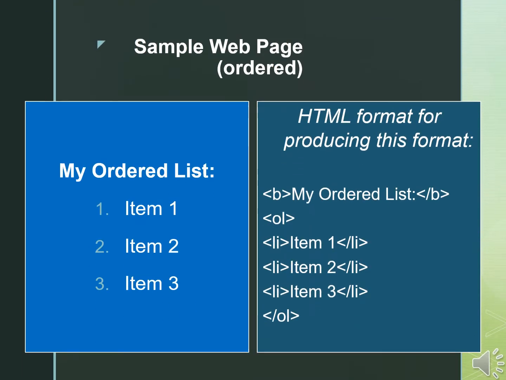Let's see an example for ordered list. Again, I have made an ordered list with numbering as 1 2 3. My ordered list will have a heading in bold or italic, the way you want. It will be followed by ol for the list, because we are creating an ordered list which will have items. Again, here we'll have li tag. Li tag will be repeated as many times as the number of items present in the list. So here again we have 3 items, so li tag is repeated 3 times, followed by closing of ol tag.